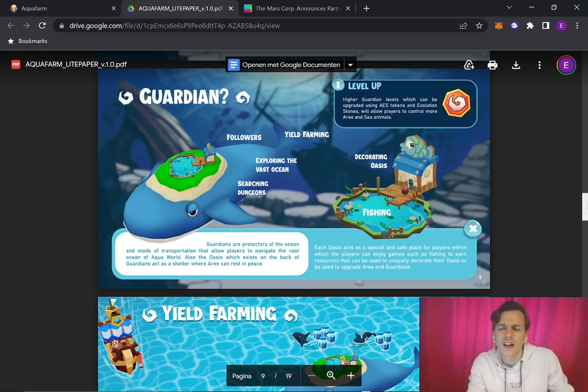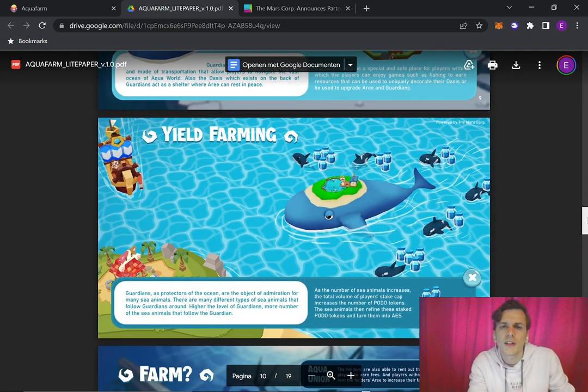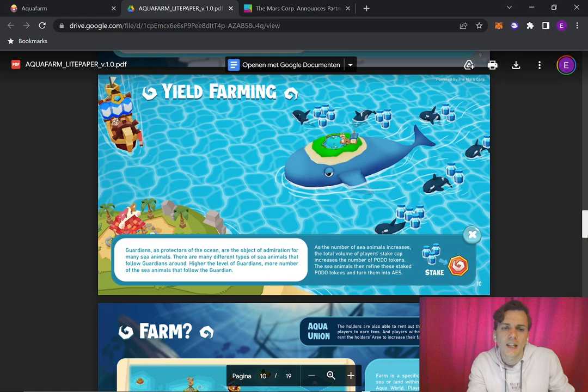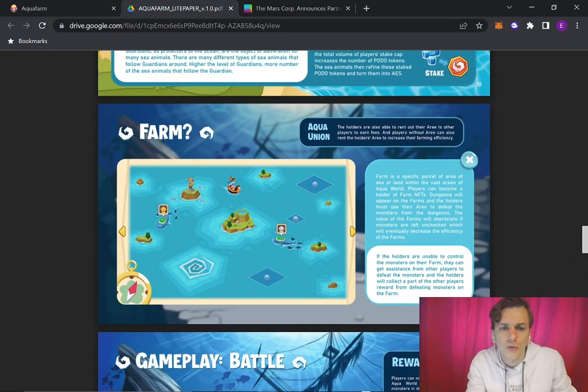Like, you already get the idea. I'm not really interested, guys. Yield farming, yeah, okay, so basically staking, guys. Every game has a staking mechanism, not unique. Neither, what is this? Farm is a specific parcel of area of sea or land within a vast ocean of